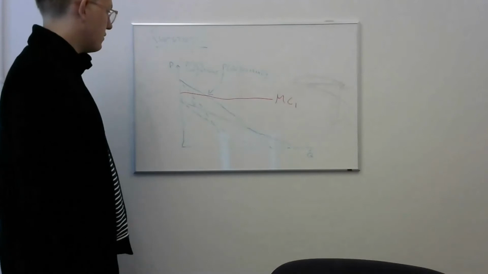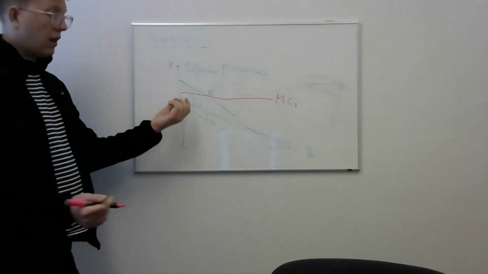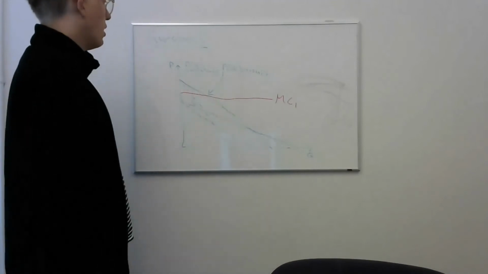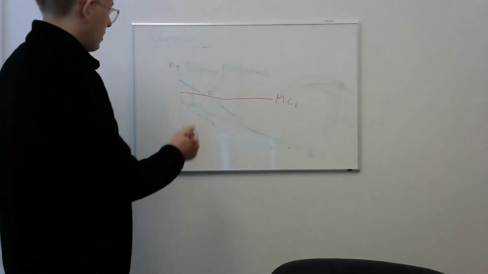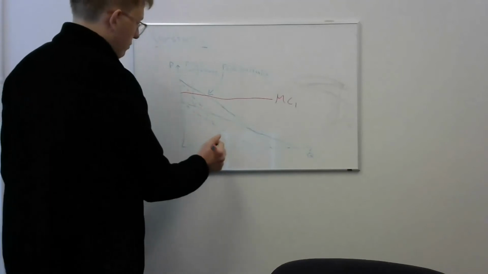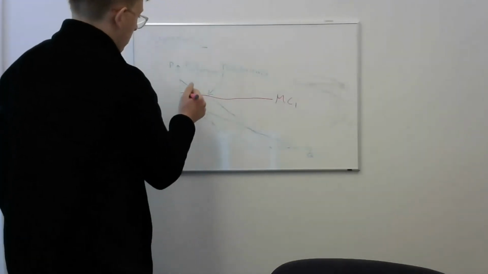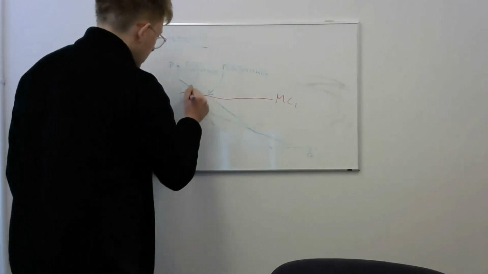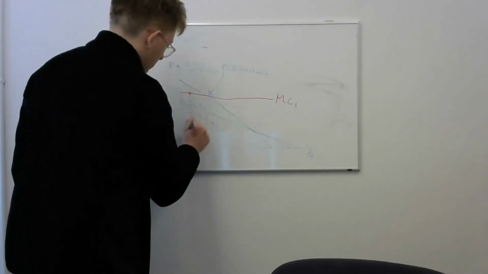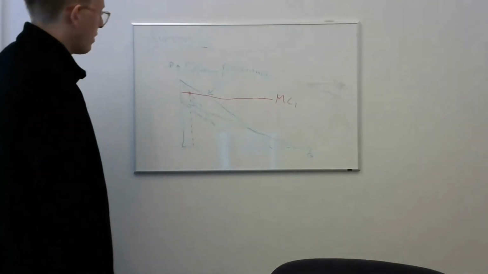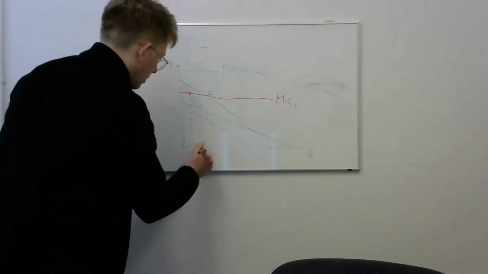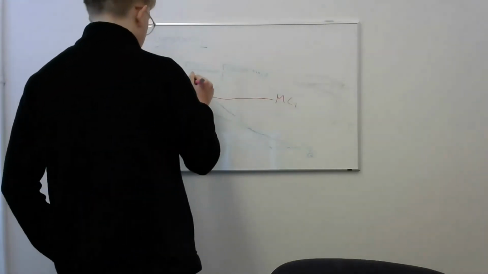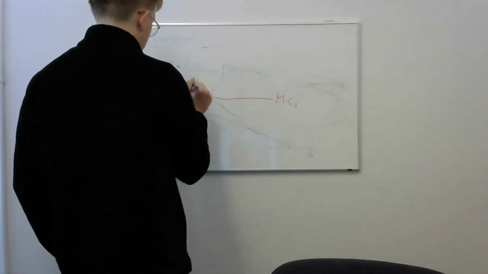And so initially, with the higher, steeper inverse market demand that we have in autarky, we're going to produce a quantity that intersects marginal revenue with our marginal cost, and so that's going to be a quantity Q1. And then we're going to sell at a price